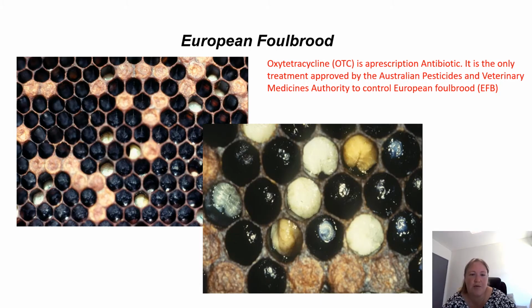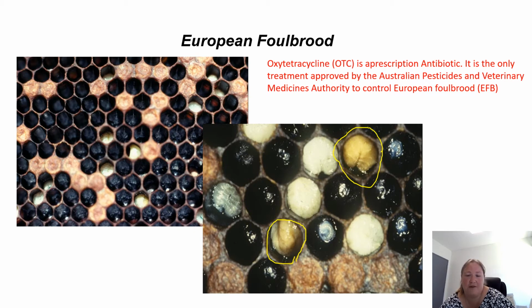So here we have two examples of brood comb that's infected with European foul brood, or Melissococcus plutonius and Paenibacillus alvei. It's characterized by patchy brood comb, uncapped brood cells, and the dead and dying larvae will often have this brownish yellowish tinge to it, which you can see in this slide here with this and this larva both having that tinge to it. Once the larvae die, they also become molten or brown and gloopy,